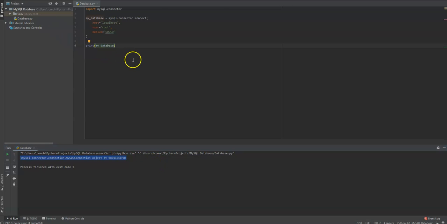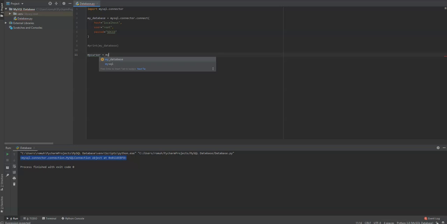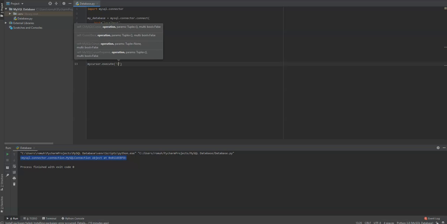But we also need to create objects that exist within that database. So let's go ahead and do that. Let's comment this out, and then we'll say my cursor, and we'll create an instance of a cursor within this Python code. So my cursor is equal to my database dot cursor, and so now we've created our local instance of our database cursor, and so we'll say my cursor dot execute,